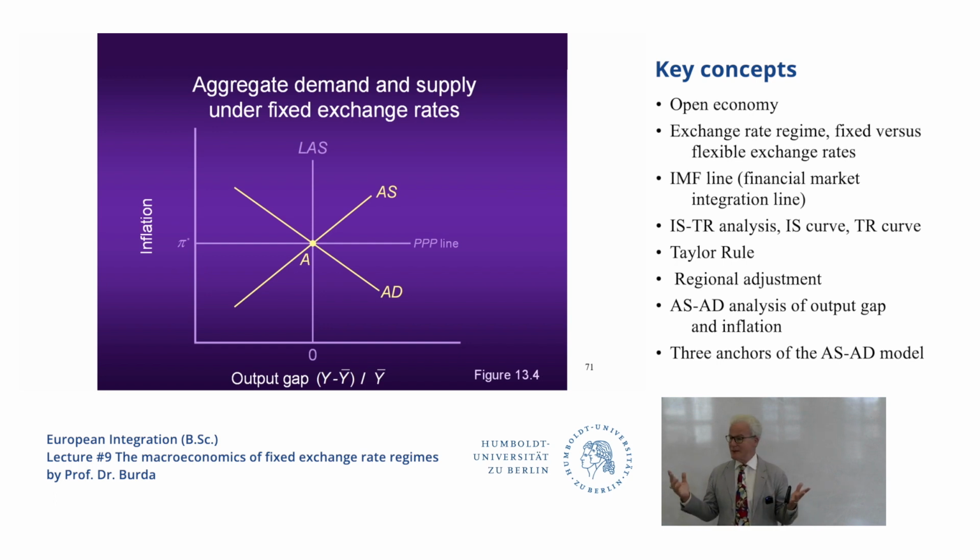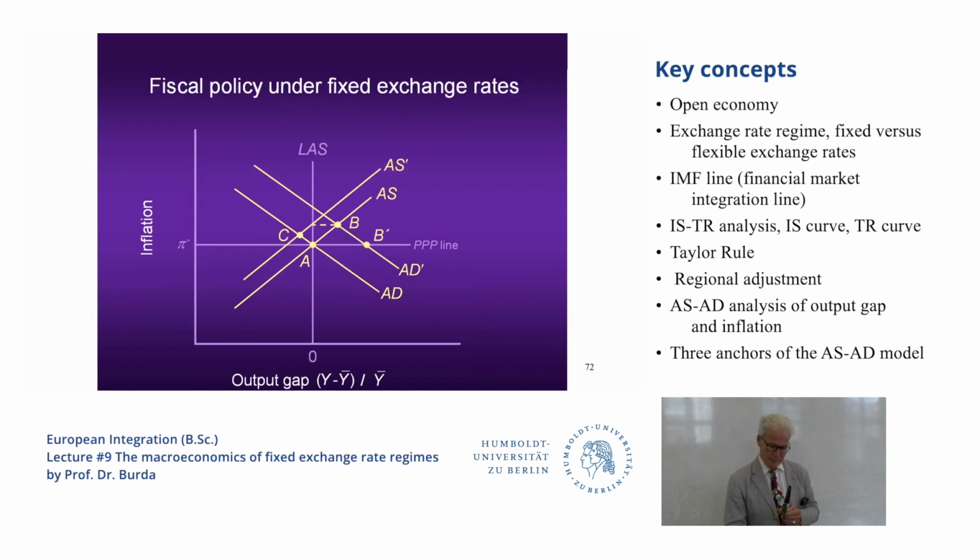What could Michigan do against that? Well, it could do fiscal policy. Okay, so I have an example here of what fiscal policy would look like from this point. So then you have a rightward shift of the AD curve. But you know, that's not the end of the story. Just like the Michigan story is not the end of the story either. You move to point B,